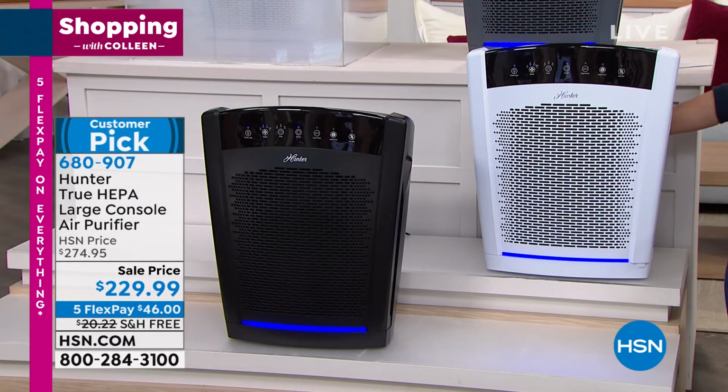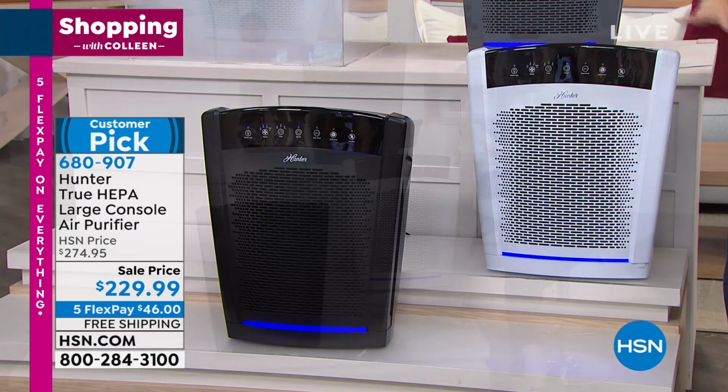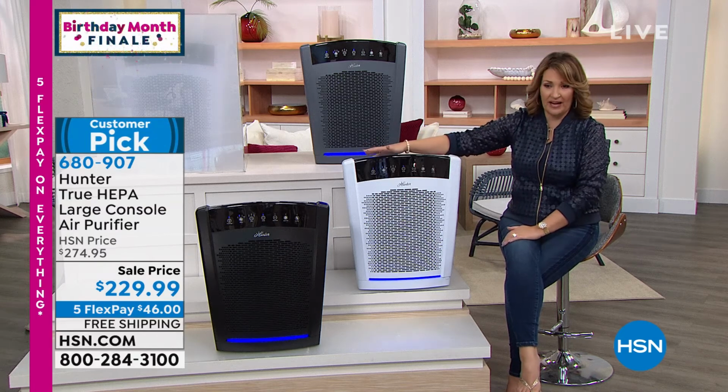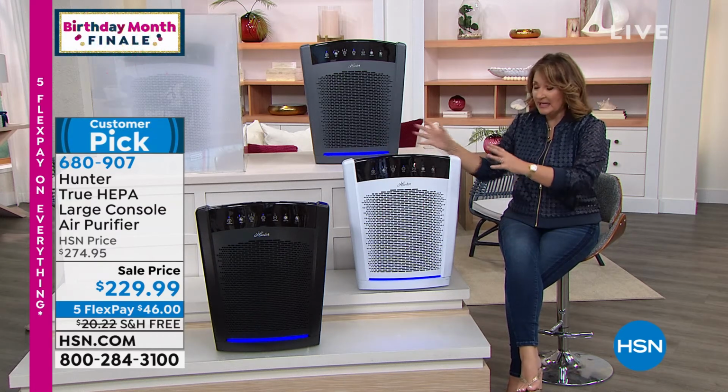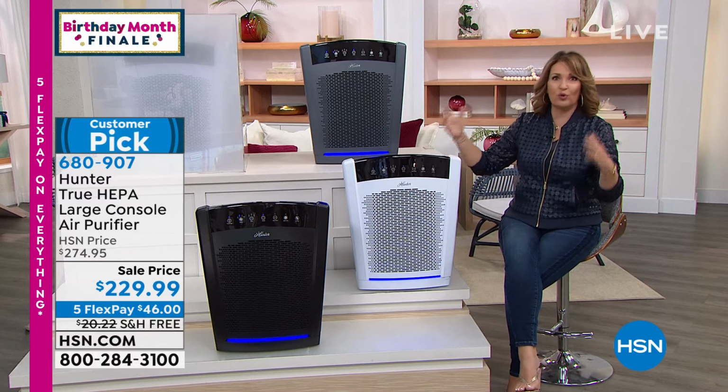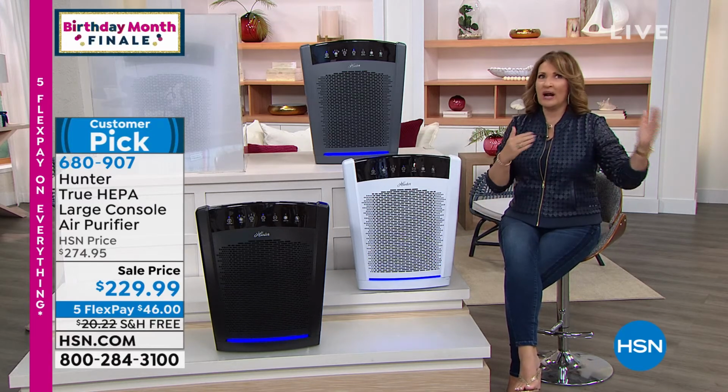By the way, this can sit right flush next to the wall, right? Because it's all completely smooth on the back. Your vents are right here at the top, so it's circulating that air. Dirty air in, clean air out. It's fantastic. I just want to point out that it's easy to find a space for it. Bedroom, if you have a big bedroom, family room, man cave, wherever the